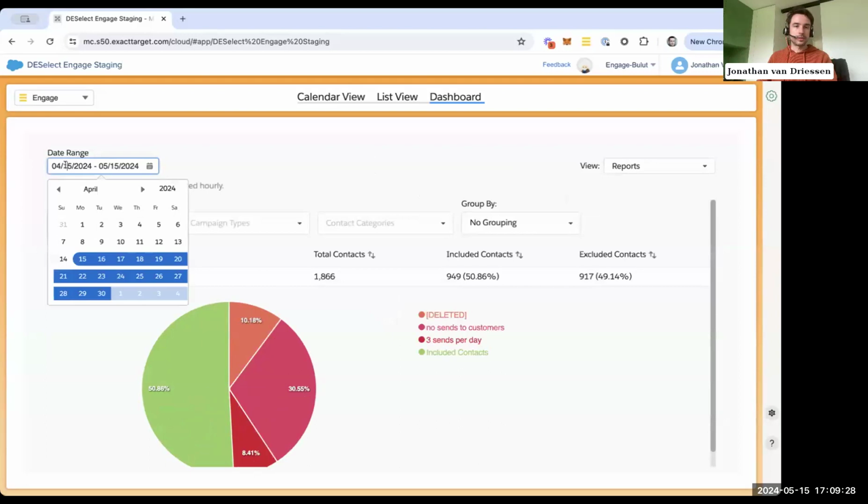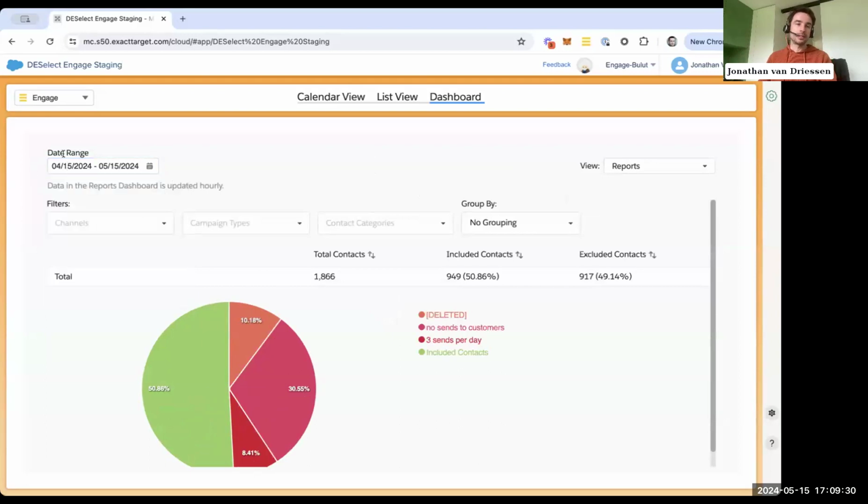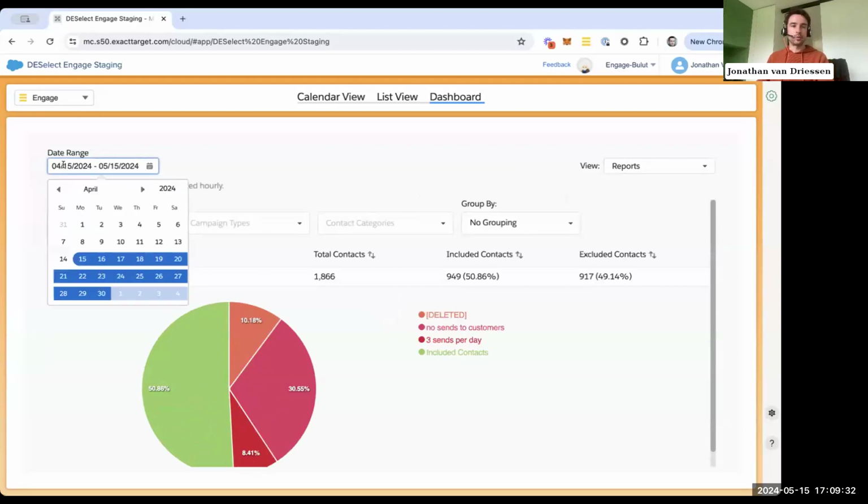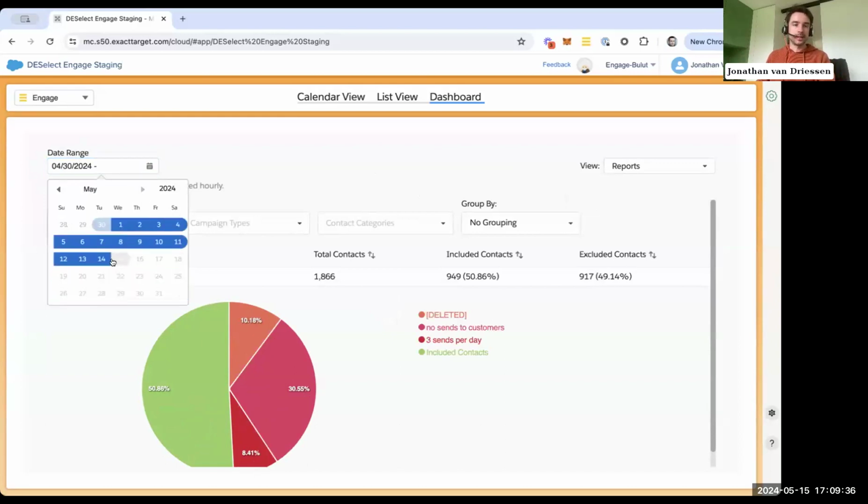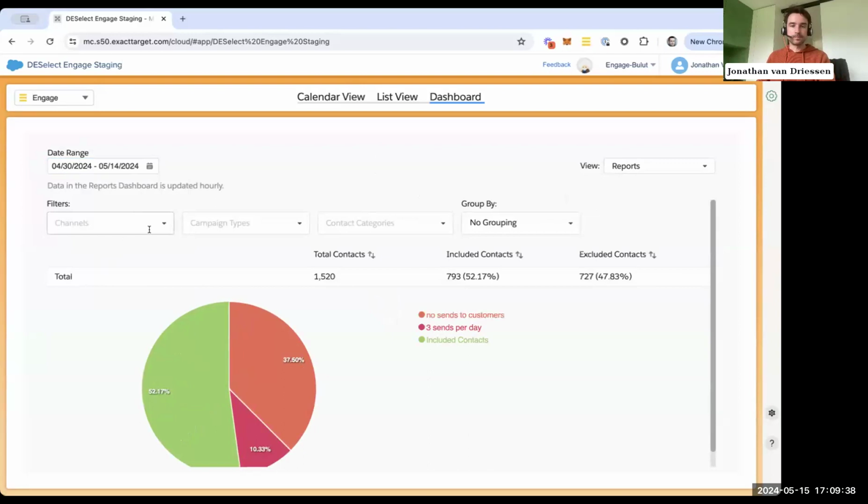So I'm just going to start here on the left. This is where we can set the date range. So what date do we want to look at? Let's say that I'm just interested in the data from the last 2 weeks. As you can see, immediately we are seeing this graph here. I'll come to the pie chart in a second. But in the table here, we can see that in total, we sent messages to 1,520 people, of which 793 were included and 727 were